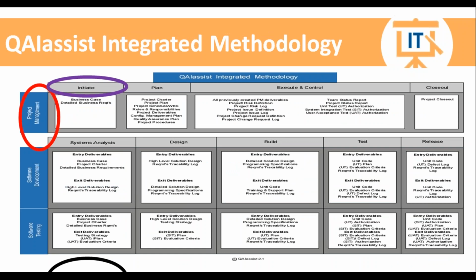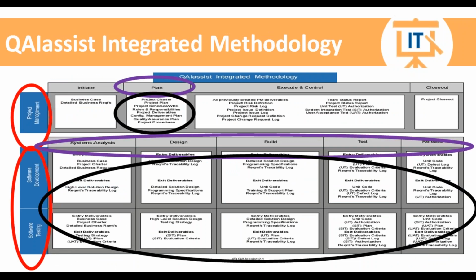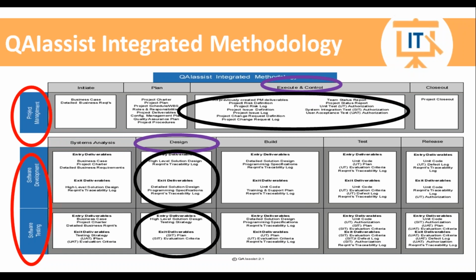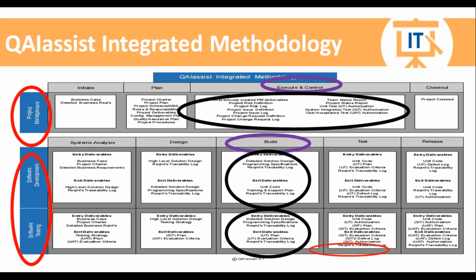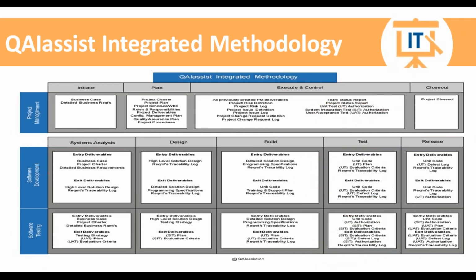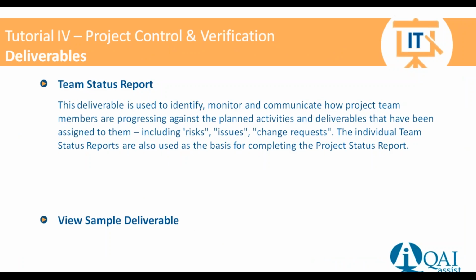So anyway, as we go through the project again, we are going to have to report status. We're going to have to report a project team status and a team status. The team status is going to be by individuals working on deliverables of the project team to prepare a status report that is submitted to the project manager and or business manager so it can be reviewed so they can have a status that they can bring to the stakeholders via a project status report. And you're going to have to be doing status reports through all of the phases of the software development and software lifecycle, be it analysis, design, test, release. Okay, so let's take a quick look at those different status reports.